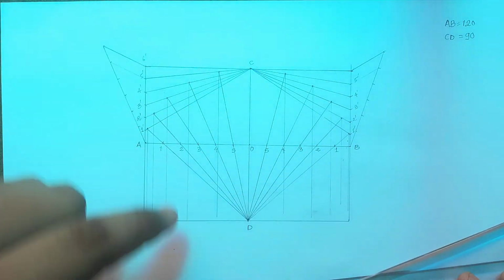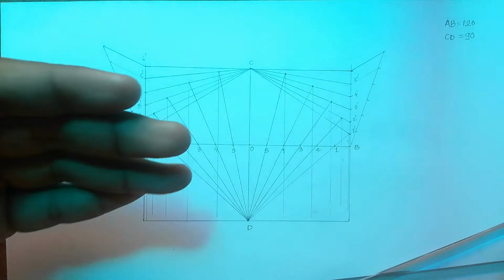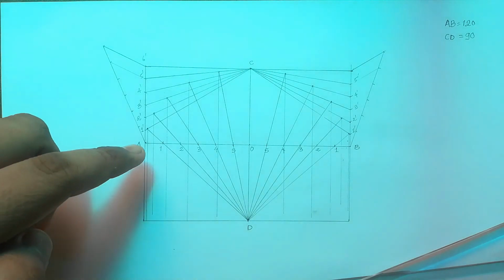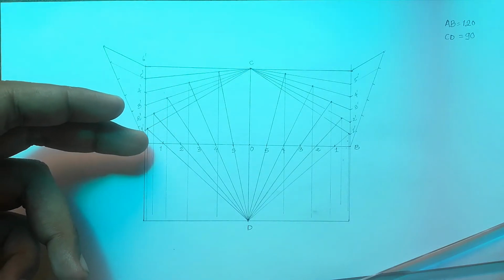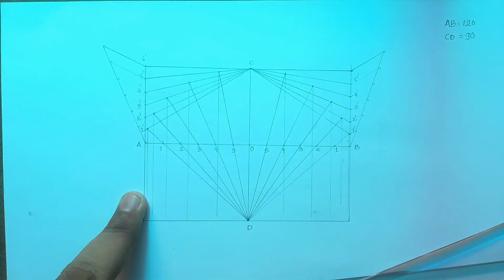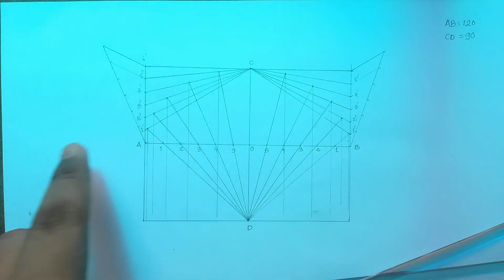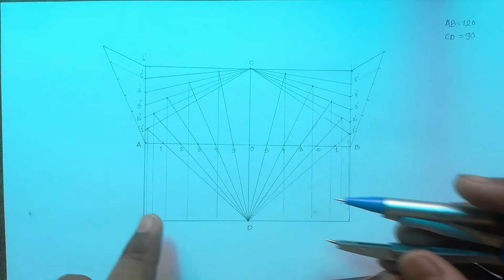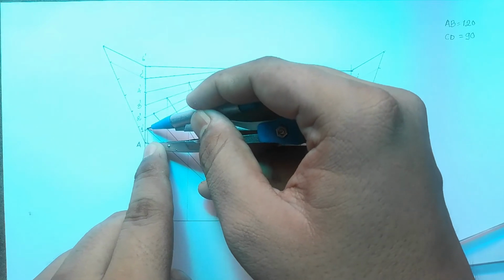Now once I draw the vertical lines, what I need to do, as we know that the ellipse is a symmetric one, that means whatever points it receives on the upside, the same points at the same distance it will receive at the downside. So I can take the major axis as a symmetry line, take the distance from the major axis to that point, and put the same distance at the downward side also.